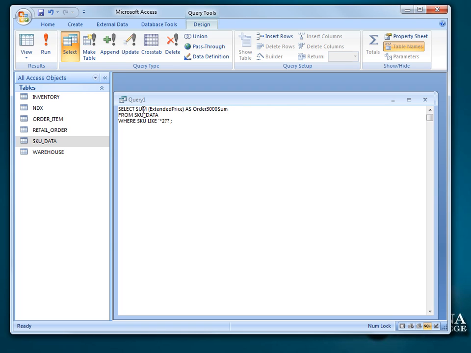So I am going to create a new column that's called order 3000 sum, and put under that the total amount of the extended price, the total cost for the items that have been purchased under order 3000. So this is going to be the sum for the items purchased under order number 3000. Now, where am I getting this from? I will be getting that from the table called order item,